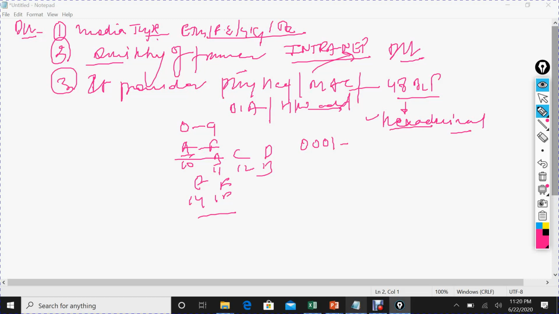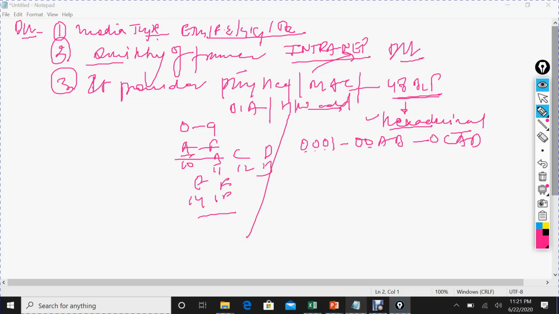Let's suppose I am taking an example 0001, 00AB, 000CAD, whatever you want to use. If you check, this is 48 bit. There are 12 characters: 1 2 3 4 5 6 7 8 9 10 11 12.